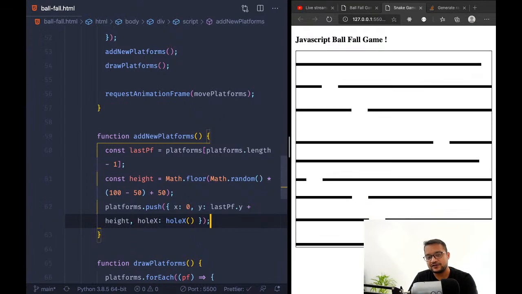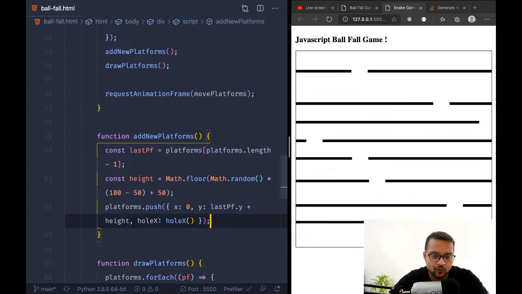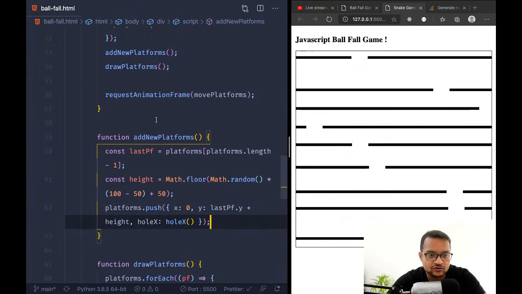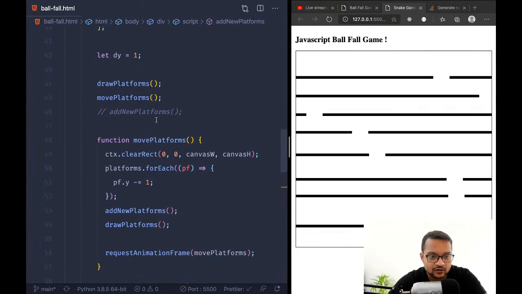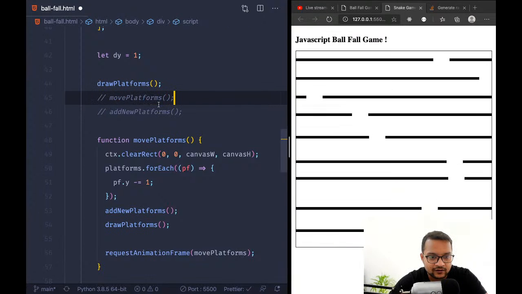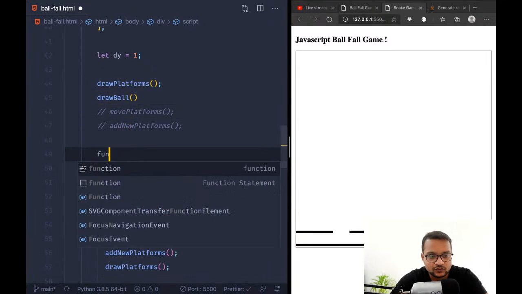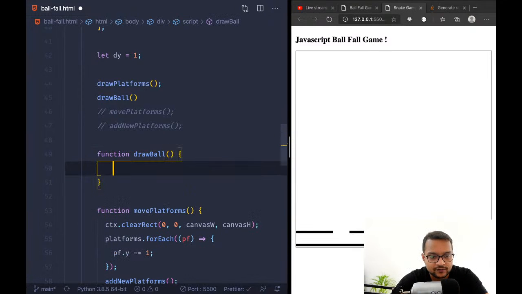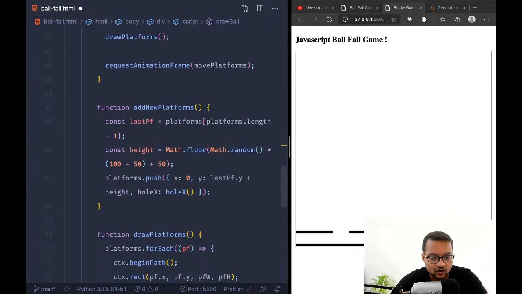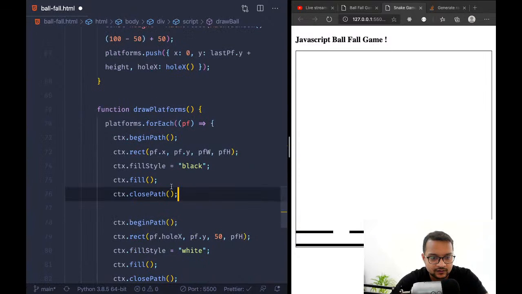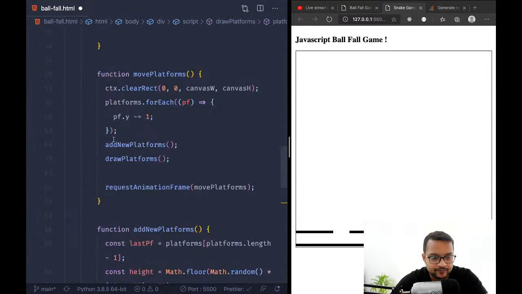Finally, what we need is the ball. So I'm going to stop the animation because I want to focus on creating the ball, or draw ball. This is the function I am going to create. So create a function draw ball, and I can copy the draw part from the platform,